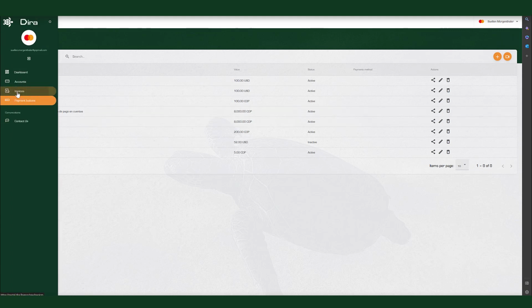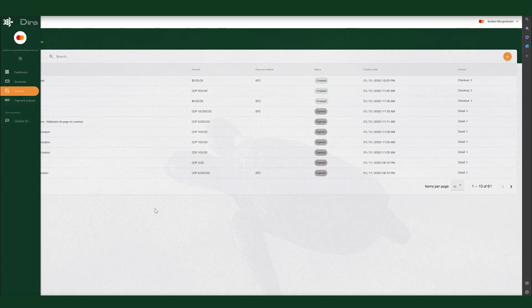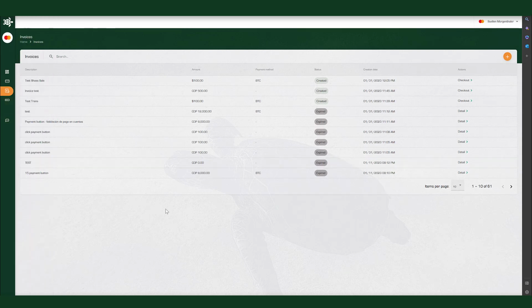Now, under invoices, they're kind of like the same as payment buttons, but they have little differences as to when they expire and how they're being used. The dynamic is the same. You have all your invoices listed here. You're seeing all the different statuses that they have, the payment method that you have allowed for them to be taken care of, and then the different actions. For example, checkout means that if an invoice has not been paid yet, you can always click on checkout and send the URL for that invoice again. Or if it's expired or closed, you can see the details on the transactions, kind of like the movements that we saw under the